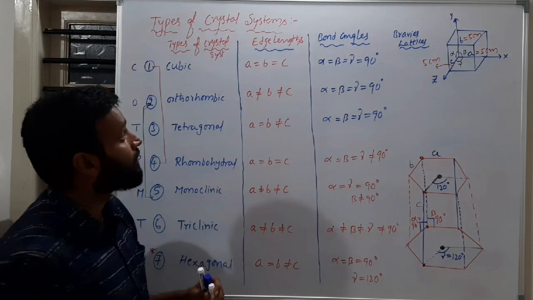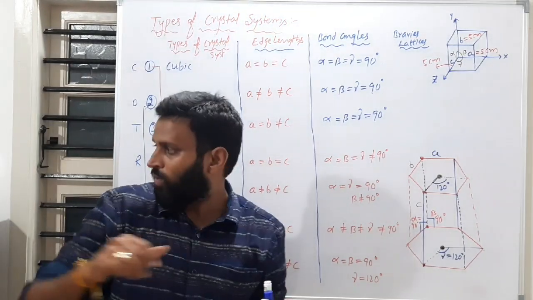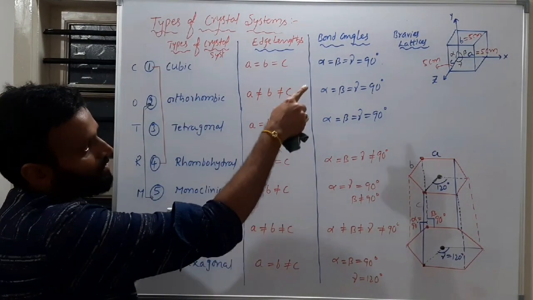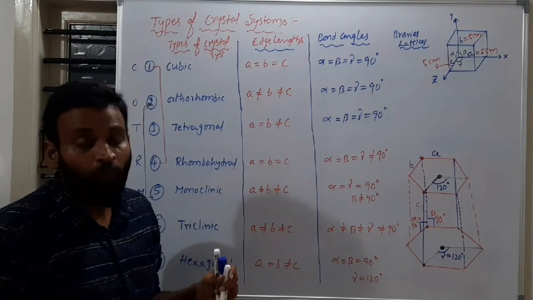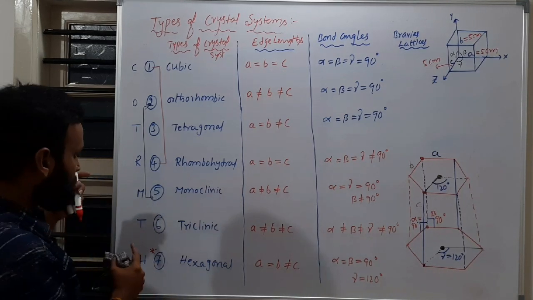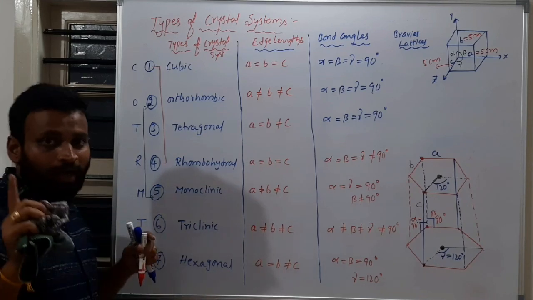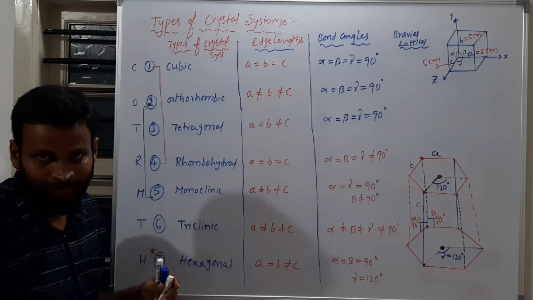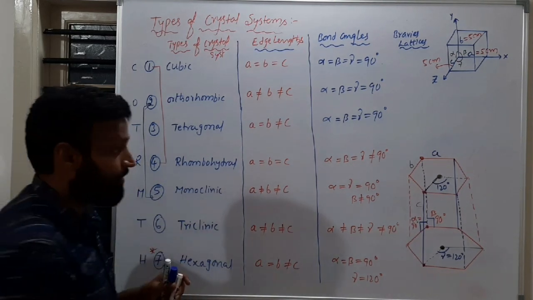So this is about the types of crystal systems. And now in types of crystal systems, we have to discuss the last one, Bravais lattice. What are Bravais lattices? Let's see now. But before that, you must take a screenshot and write all these things. To avoid learning by heart, I used all these things just for imagination. So take a screenshot and write down all these things, and these are very important.